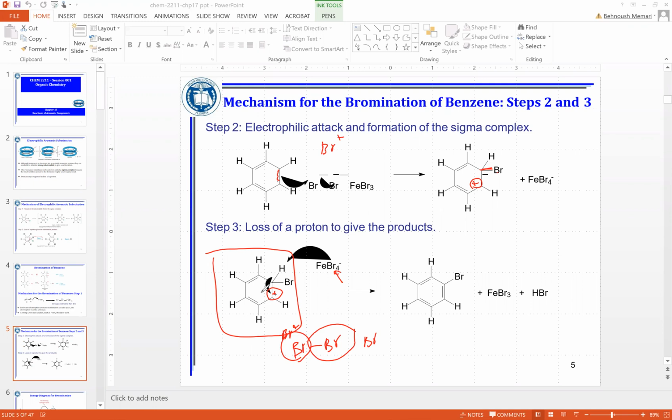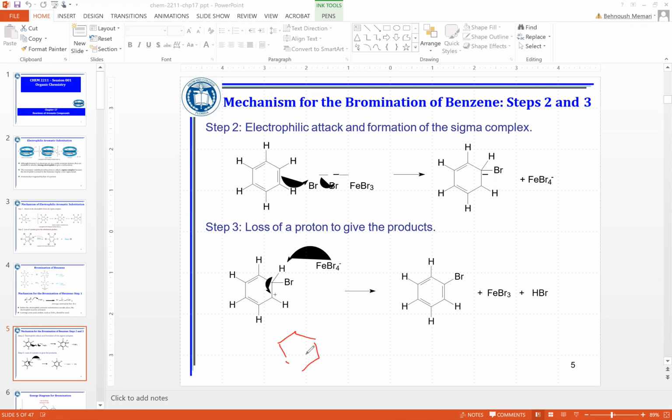And at the end, when the base, like in this case FeBr4 minus acting as a base, removes the hydrogen from the sigma complex, the pair of electrons drops in and the pi bond is regenerated. The net result is a substitution of hydrogen with the bromine, and the reaction is called bromination. What you need to know is that your reactant